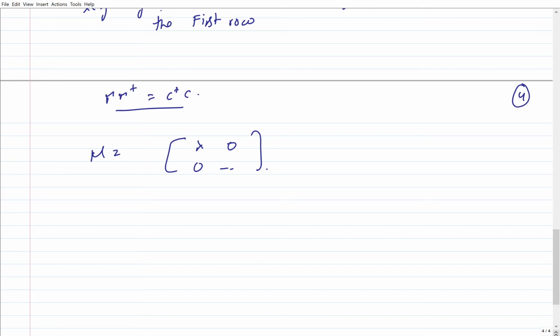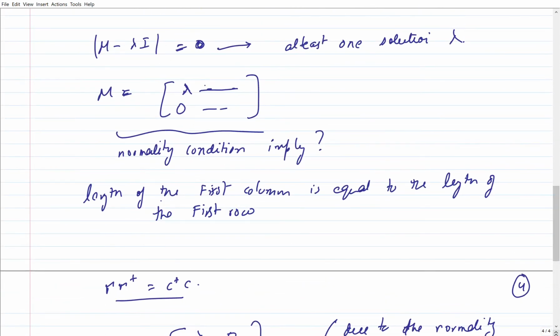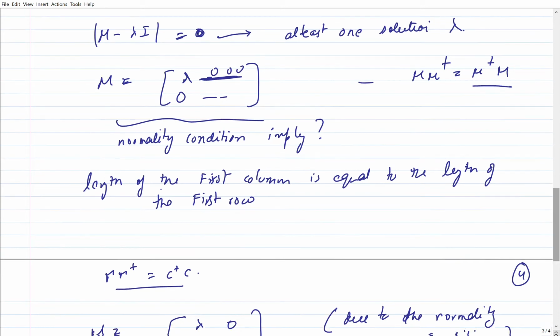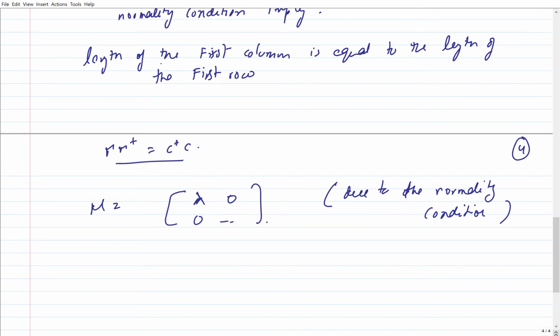So due to the normality condition, you can check that if this is the matrix with the normality condition and I put M dagger M equals M M dagger, then these entries have to be 0 as well. And this is the kind of matrix I have. So now what do we have? We have reduced M to a matrix of this form with some other structure, and we can apply this whole thing recursively,